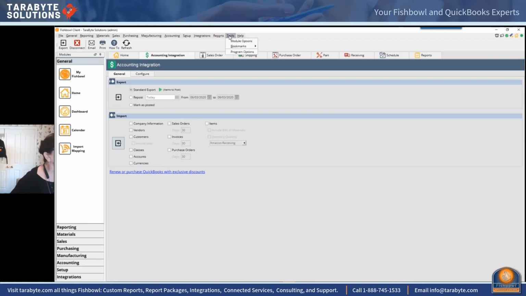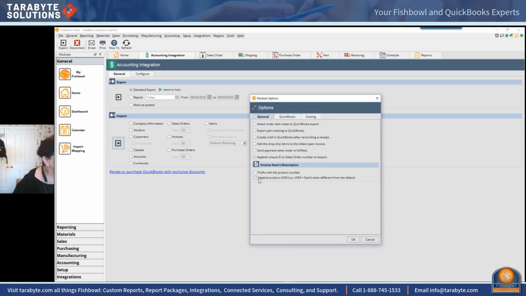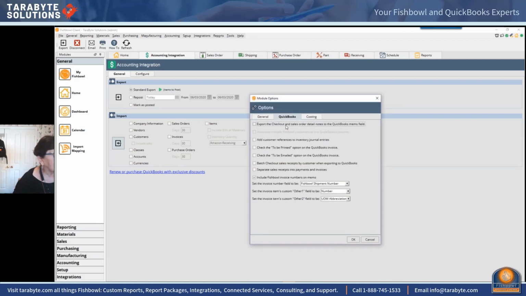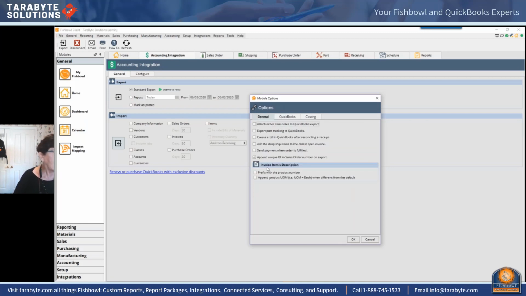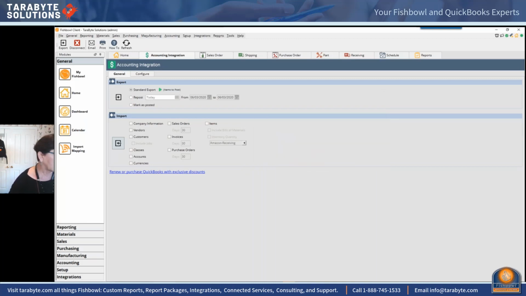But right here in my module options, it says here under QuickBooks, and we have set the invoice custom other one field to be number, and the other two fields to be unit of measure abbreviation. So I set them up this way, and then I uncheck these two, and then over in QuickBooks,